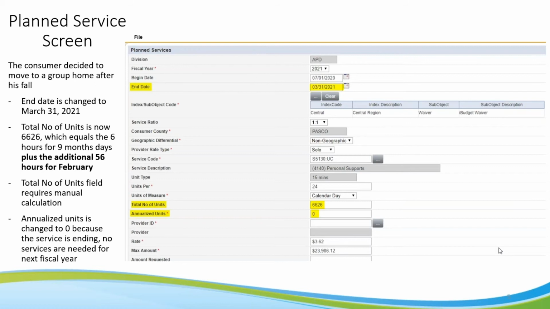So if you were to try to put a 0 in the units per, it's going to say no, because that means you aren't using anything for that day. And logically, that doesn't make sense because you know your person needs services. So units per will definitely always need a number, and depending on your unit of measure, you would do your calculation. Annualized units,